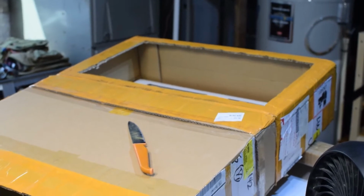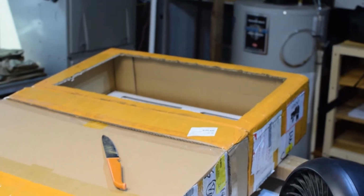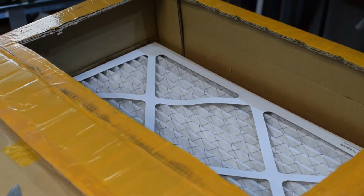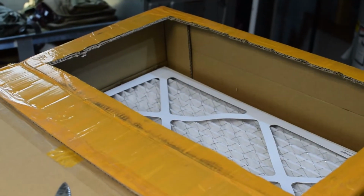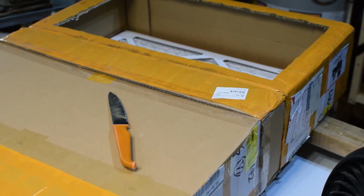So yeah, I stitched the boxes together with some tape and cut a hole for the filter, which fits nicely in there. It's almost 25 inches wide right there. The hole's about 70% of the filter, so that's cool. And then enter